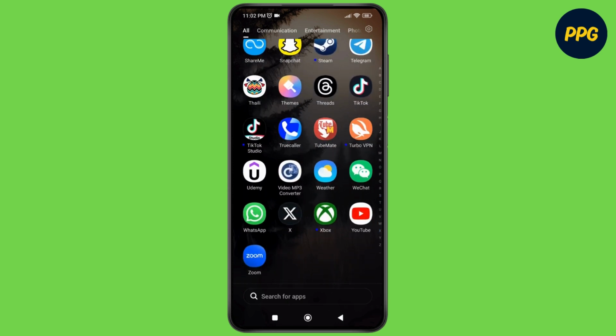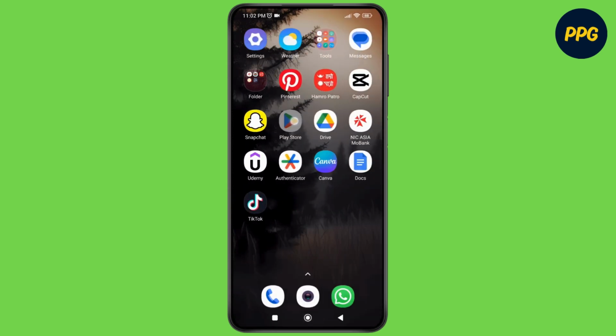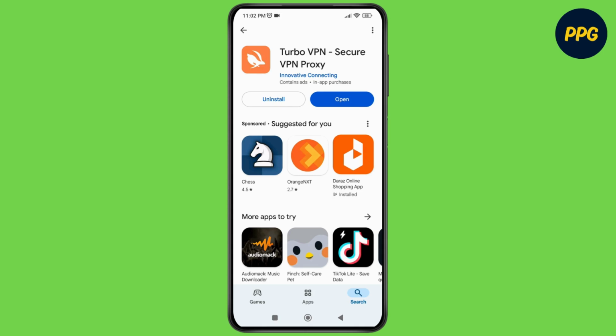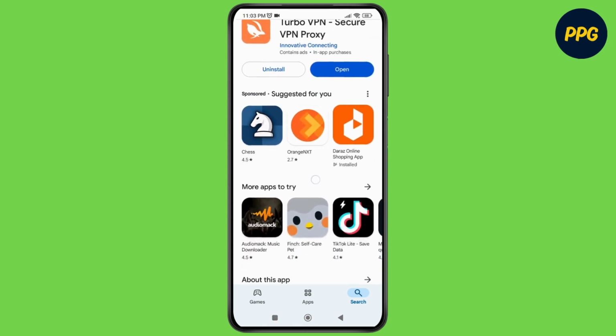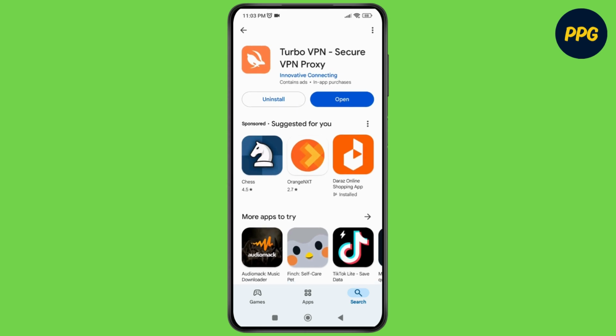So first of all, what you can do is make sure that you have a stable Wi-Fi connection. Next, what you can do is just go to the Play Store application and download the VPN applications over here. You can download any of the VPN. Here I have selected Turbo VPN. As you can see, I've already downloaded the application, so all you have to do is just tap on open